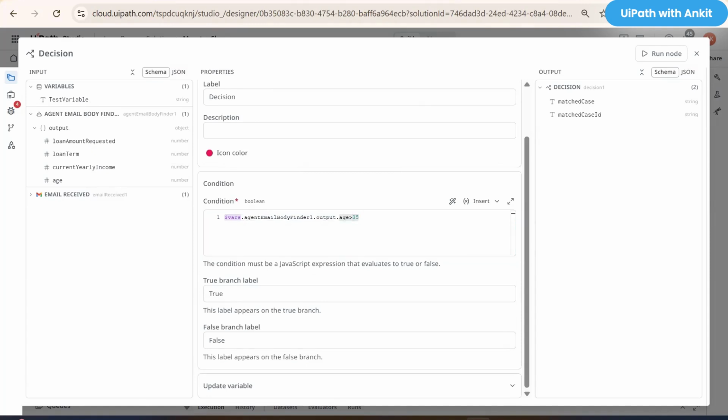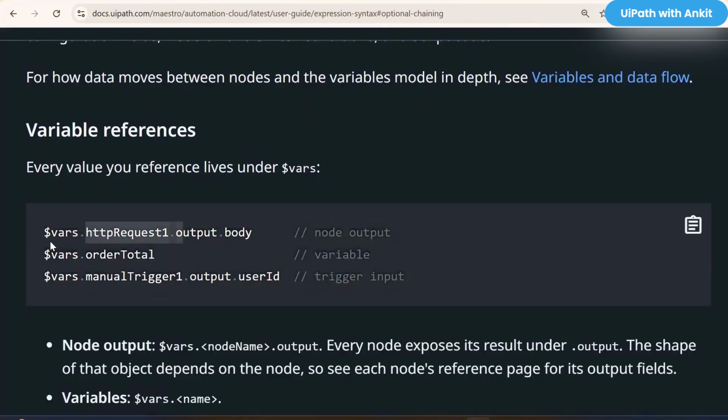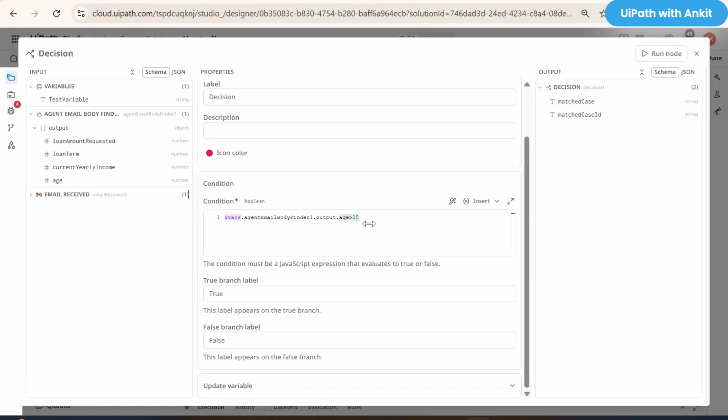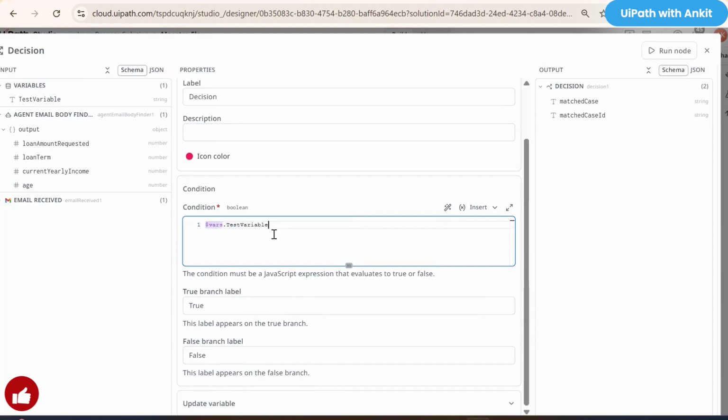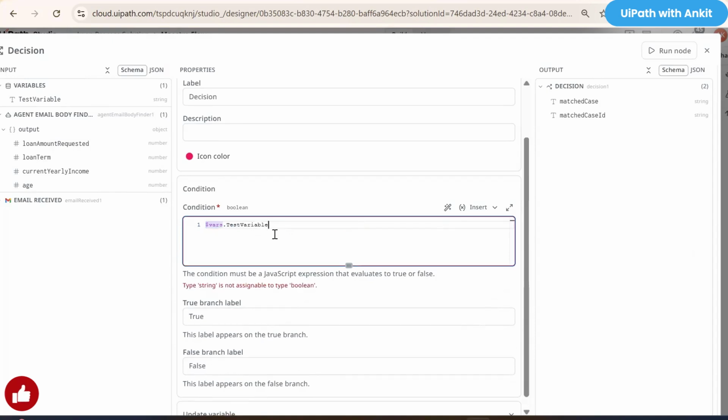Okay, and the second thing we have is the variable syntax. Let's say I have already created this variable, the test variable. If I just want to use this variable's value here, first of all I can click on this variable, and you will see this write icon here. It means the complete syntax is copied. I can just press Ctrl+V, and it will be pasted here. I can use the complete path,